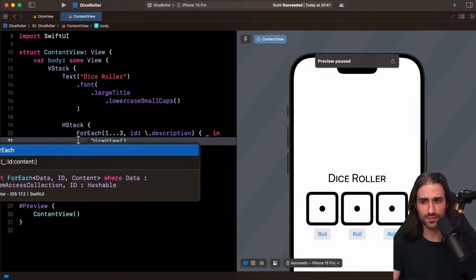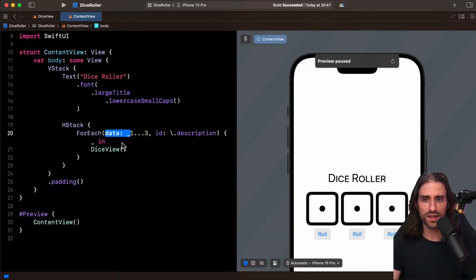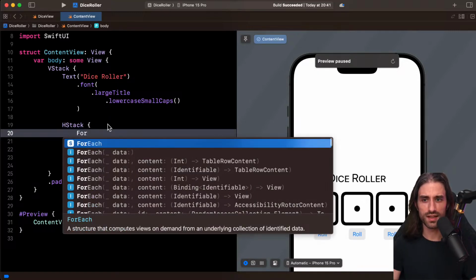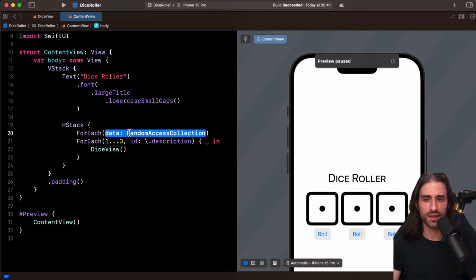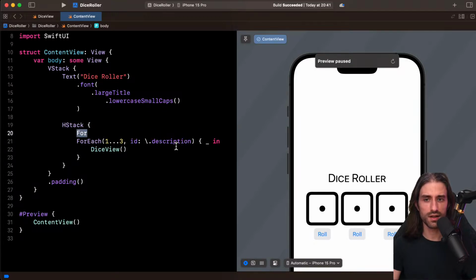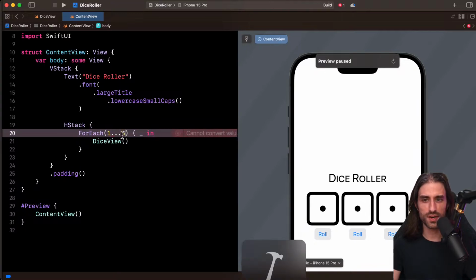And for ForEach, I wanted to check the init that it has, and what I think is going to happen is that it needs to be a RandomAccessCollection here, but actually, the best way is to just remove this argument and see what happens.